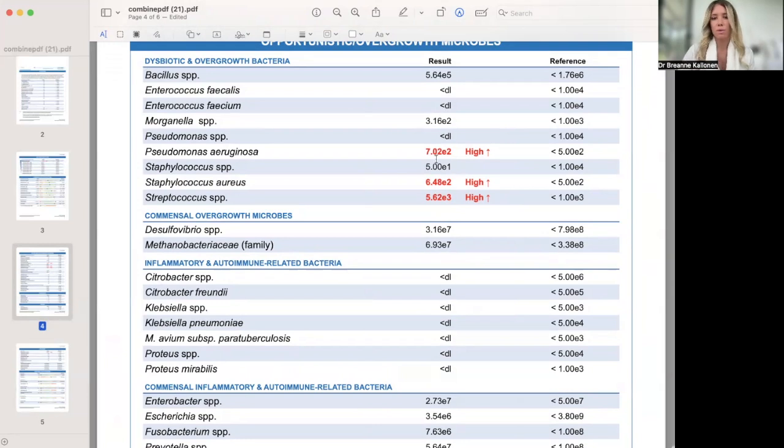If we look at the Pseudomonas, each of the 2 means that you need to move the decimal place over 2 points, right? So we have 702, the reference range is 500. In the grand scheme of things, of all of the bacteria in the gut, this is really not significantly high. Same with the Staph and same with the Strep. Some practitioners may go in here with antimicrobials, Candibactin AR, Candibactin BR, GI Microbex, oil of oregano to treat this